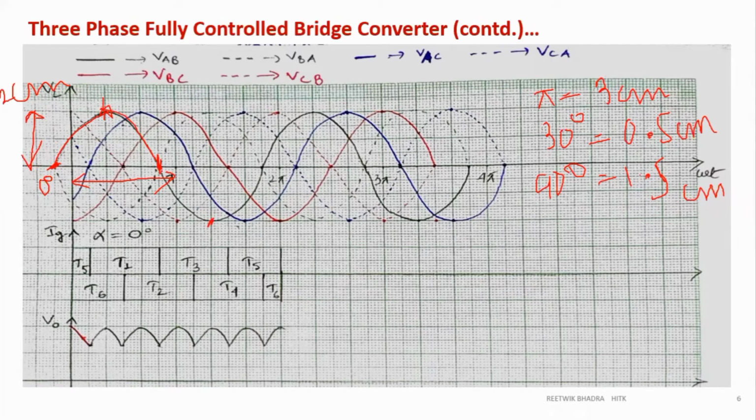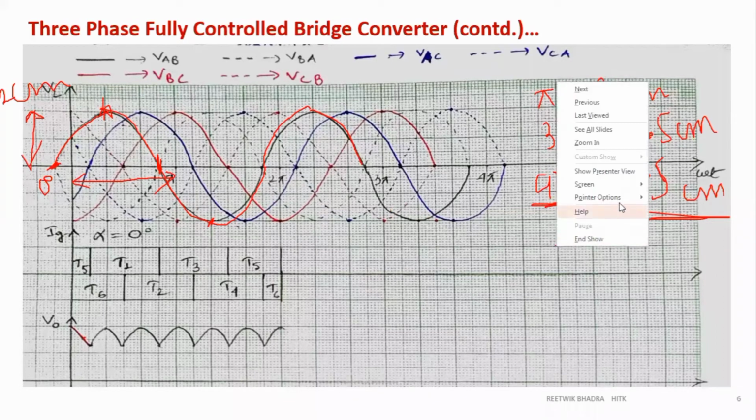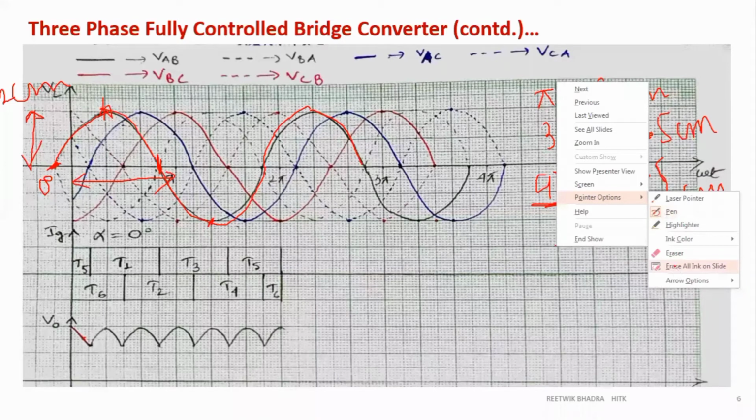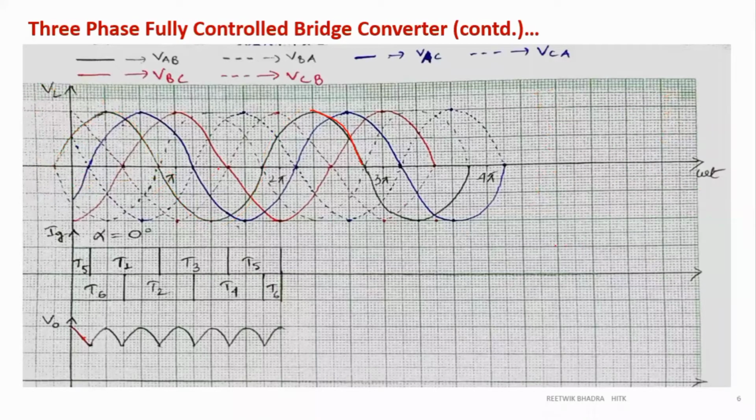Positive done. Now you will do it negative. So go in the negative. Then again 1.5 centimeter it will reach 0. Then again 1.5 centimeter it will reach peak. Why I am doing this? Because every 90 degree is 1.5 centimeter. Then again 1.5 centimeter is 0. Up to 3 pi done, no need to do another waveform. Okay, clear for everyone? Anybody having doubt, you can tell me. I think clear for everyone.